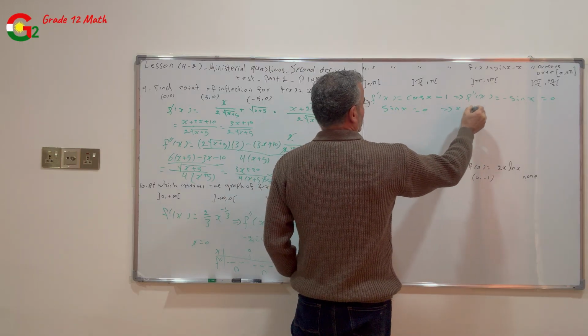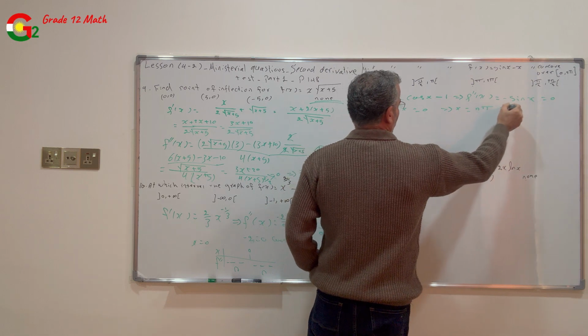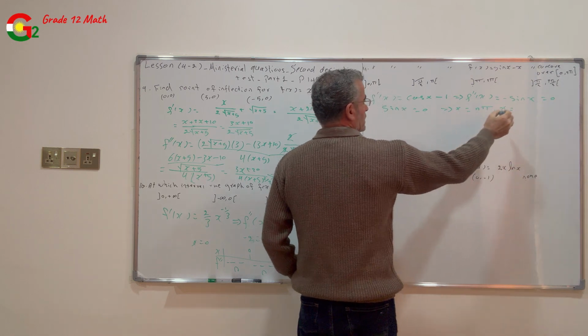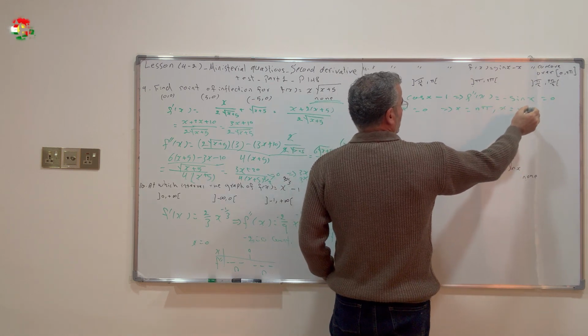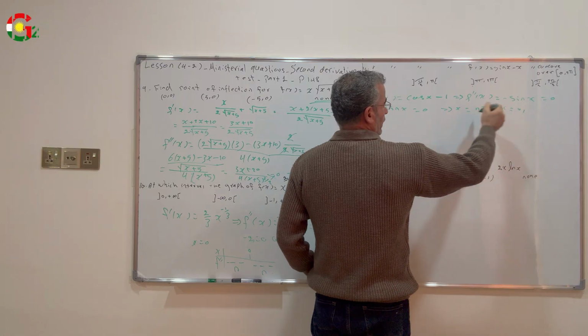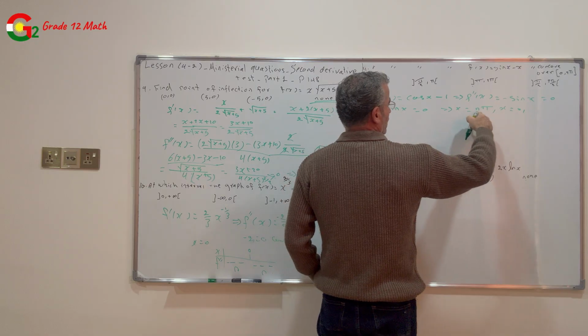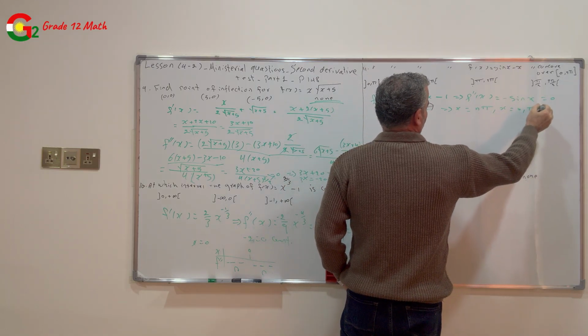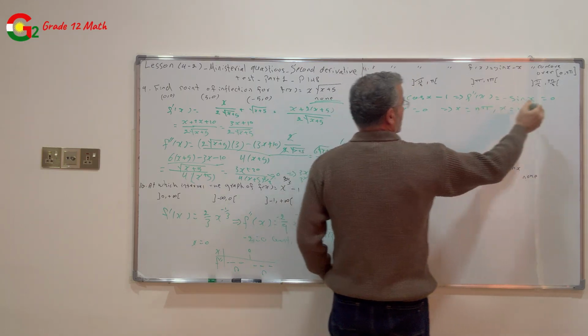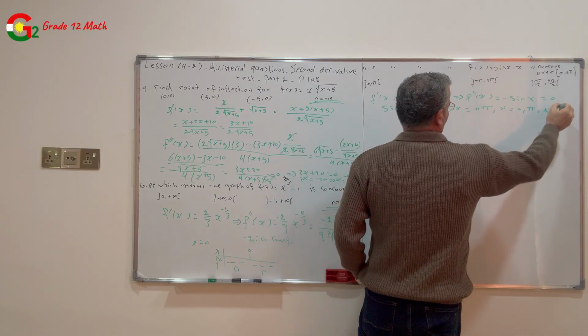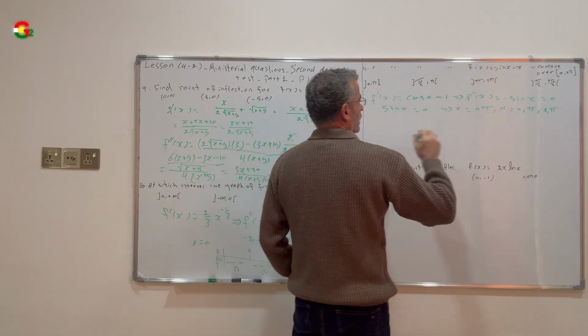Then x equal to n pi. When n is 0, x equals 0. When n is 1, x equal pi. When n is 2, x equal 2 pi. Therefore,